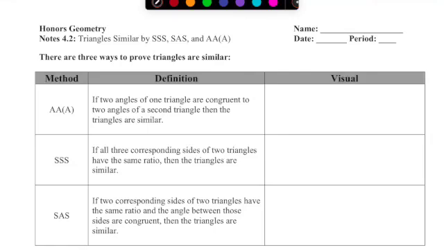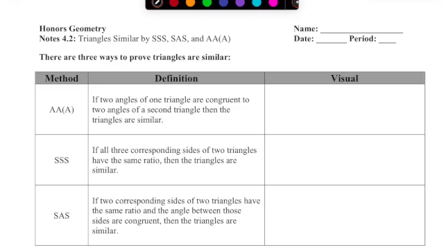Hello, everybody. We are going to be looking at our 4.2 notes, which are proving that triangles are similar by side, side, side, side, angle, side, and technically it's angle, angle, but I like to throw the third angle in there. So side, side, side, side, angle, side, and angle, angle, angle. Yay. All right. So there are a couple things that we need to know in order to prove that triangles